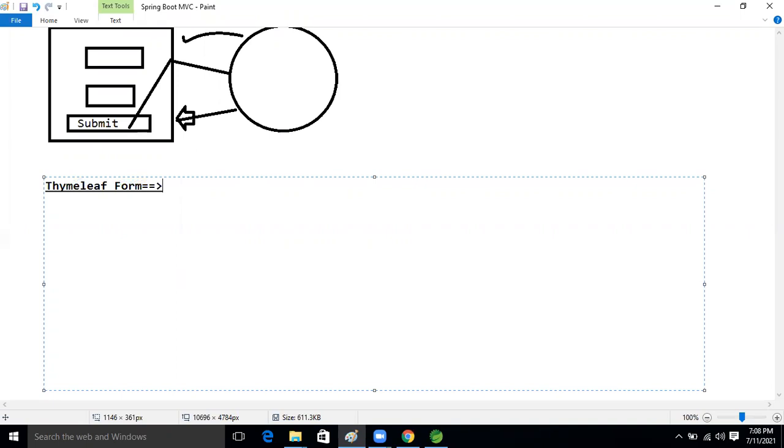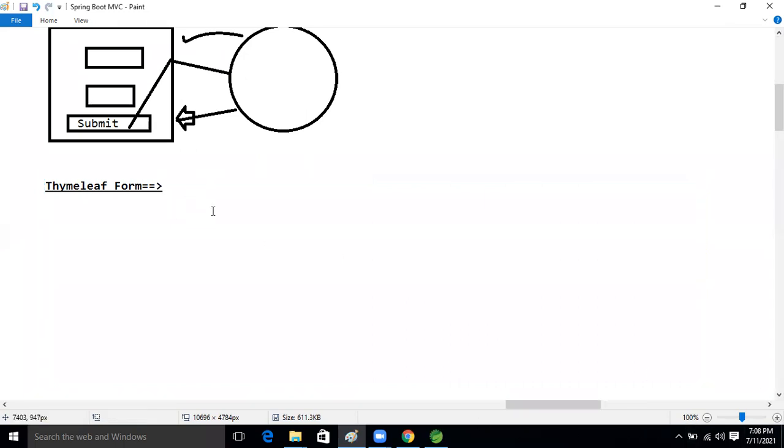It is also called Thymeleaf form. We can say it is a bidirectional form also. We can convert an object into HTML, as well as convert our HTML form into an object format, and it supports even dynamic input also, guys.